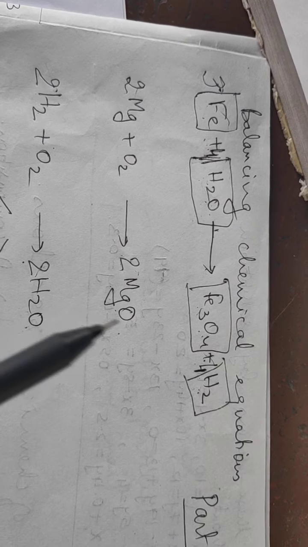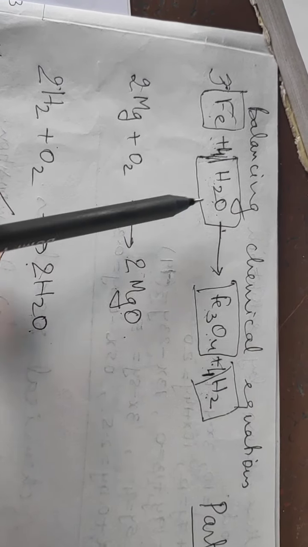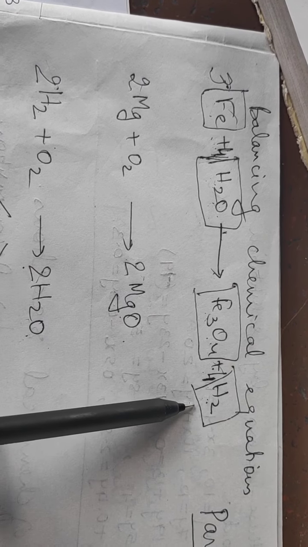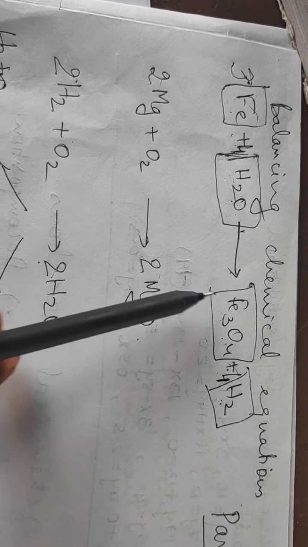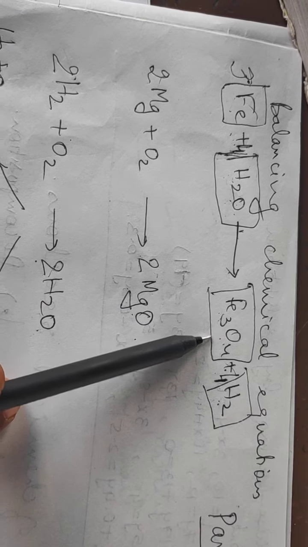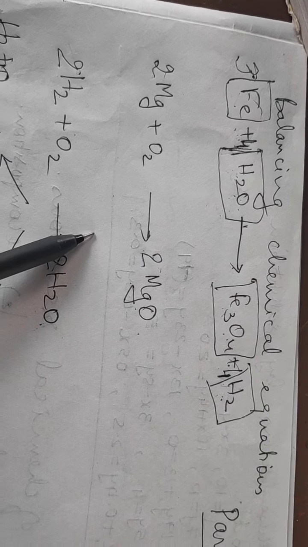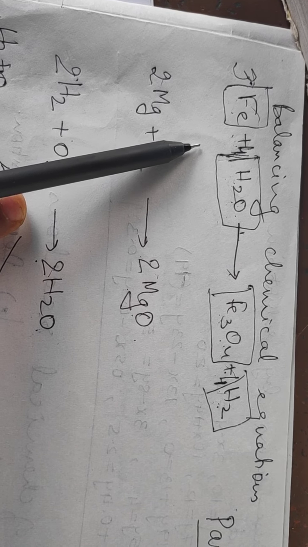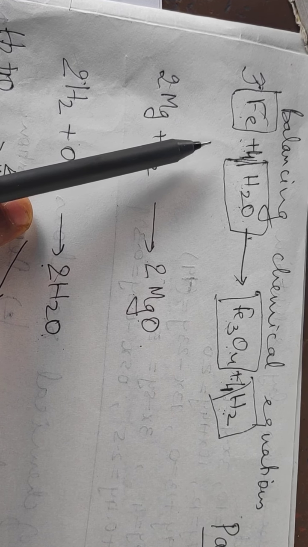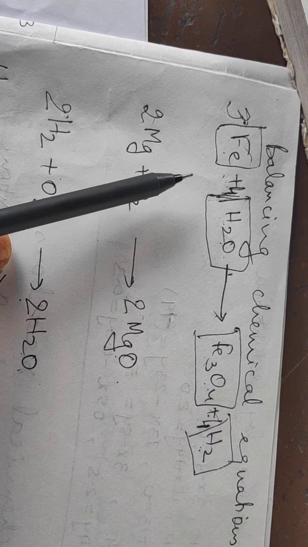I am giving an idea once again. One is about iron reacting with water to give you iron oxide and hydrogen. This is the final balanced form. I told you the clue: wherever the number of atoms is more, you take that part and start balancing it. Count the number of elements on the reactant and the product side and try to balance it. Is this point clear or not?